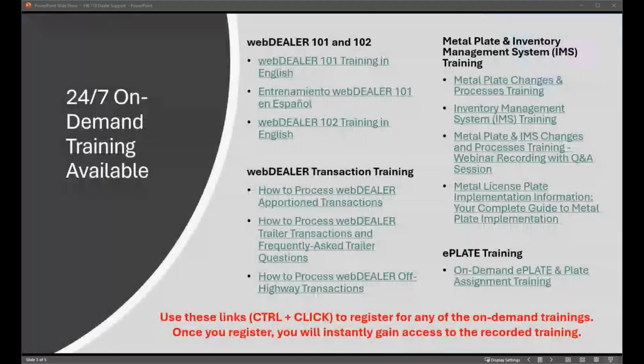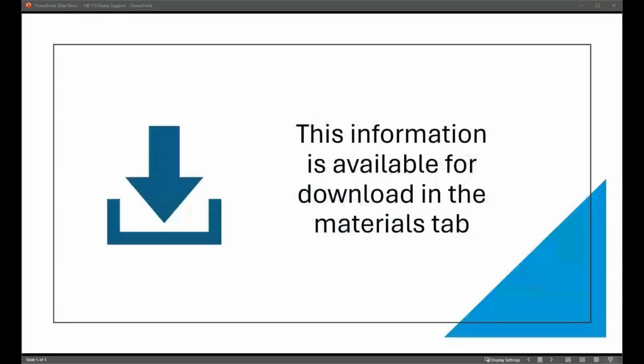Okay, you are going to submit the transaction in Web Dealer before getting with the tax office to get that sticker. They're only going to provide that registration sticker once you have submitted that transaction. The county needs to review it, approve it, and collect the payment for it, and at that point, that is when they're going to have that sticker for that vehicle.